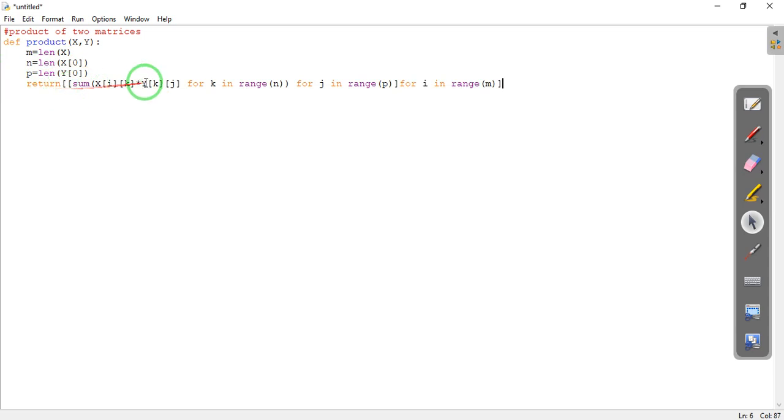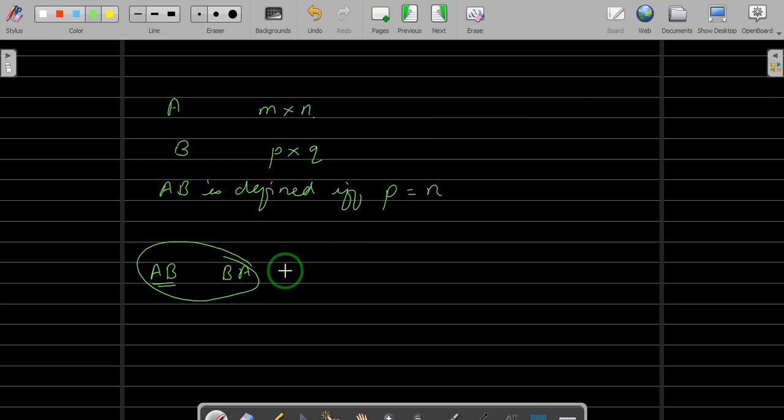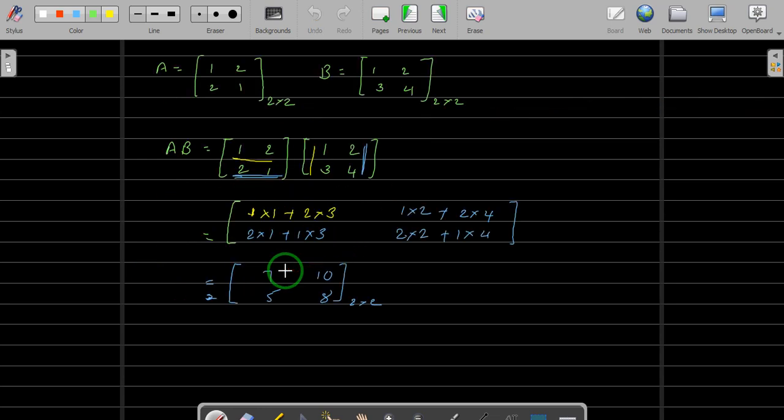So first it will run a for loop over the values of n. If we write the entries as A11, A12, and B11, B21, these will give A11 into B11 plus A12 into B21. So you are taking the first row and first column, i and j are constant, and you are varying over k. C11 will be A11 into B11 plus A12 into B21.